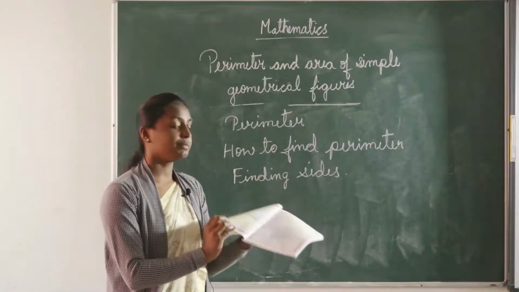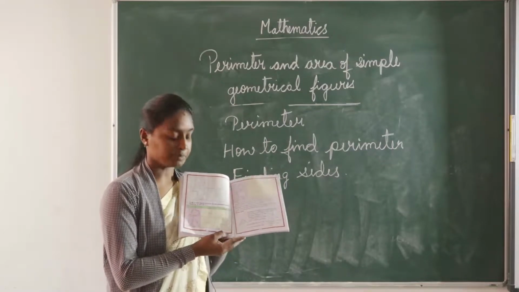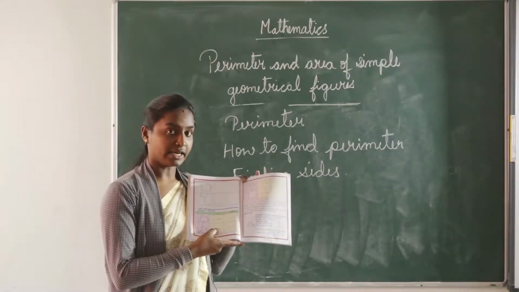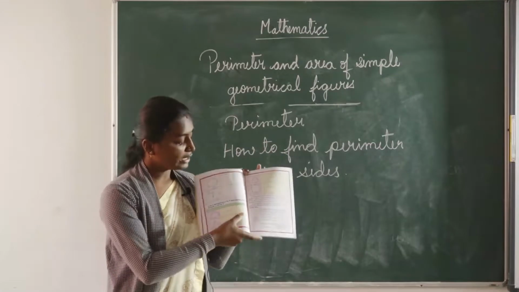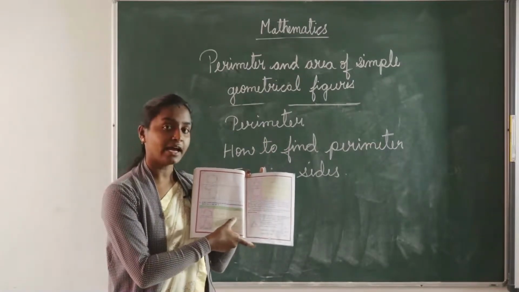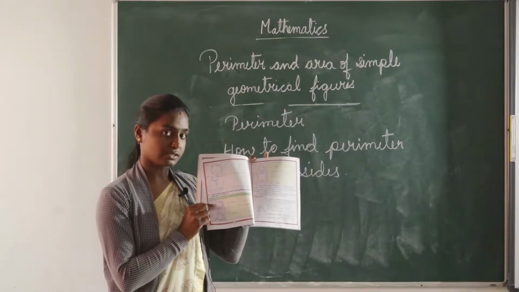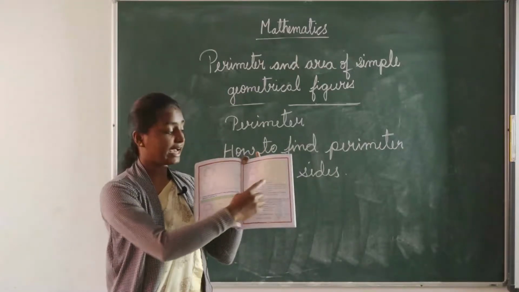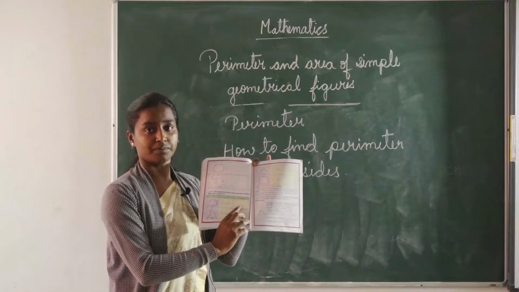And also in page number 4, they have given match the following. They already find the answer. They already added all the sides and they have written perimeter here. So what you have to do? In the third column, they have written answer. Means once again you have to add all the sides and you have to check in which column the answer is given. So that you have to write in first problem.